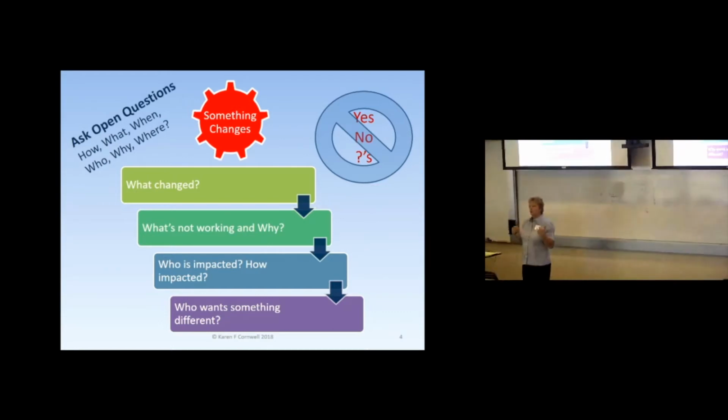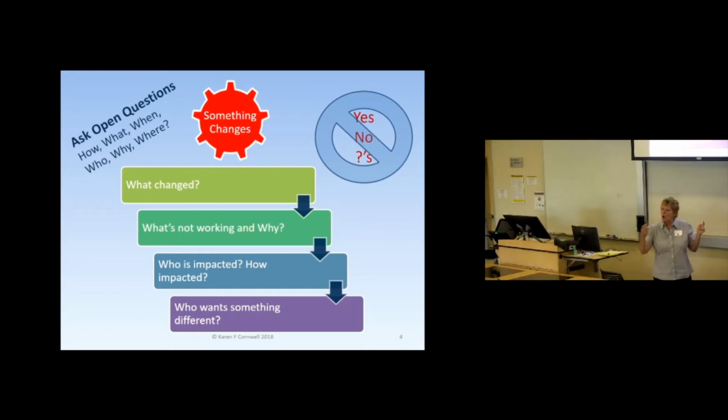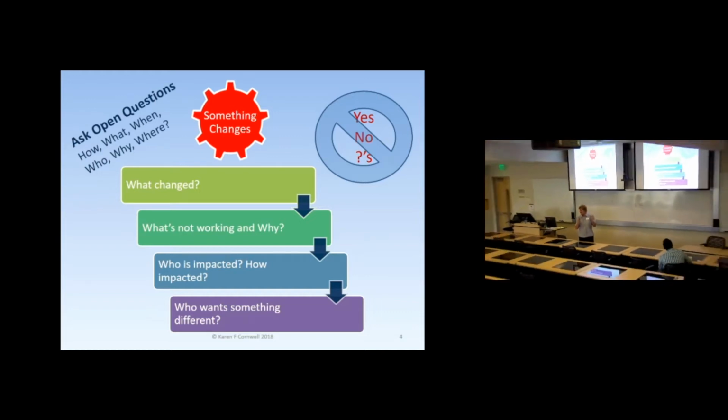And it's really important, if you can understand what's changed, it gives you a real good idea of what the needs are of that client, right? And you can get them to talk about what changed and made you want this kind of solution. And they'll talk about that, because when you ask, many people come in